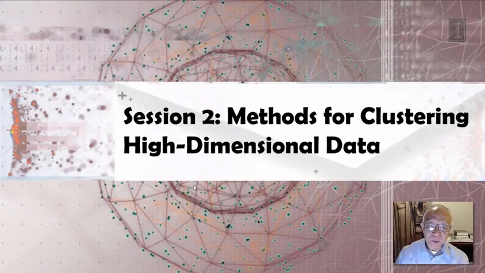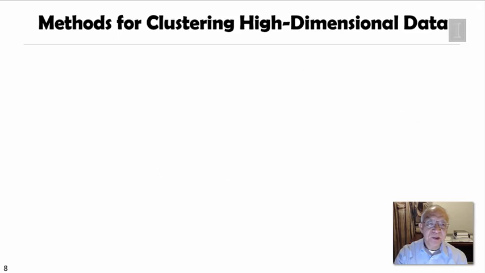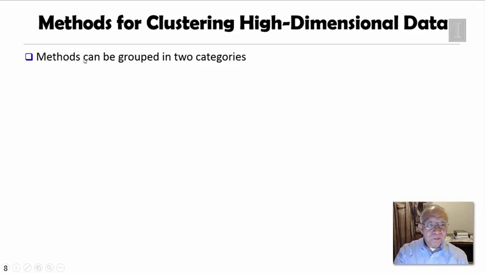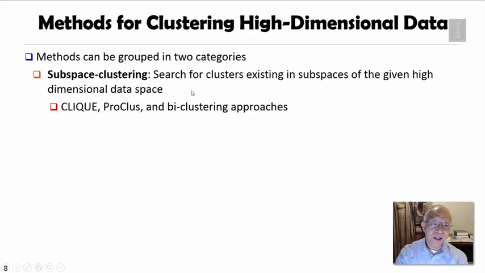In this session, we will briefly outline the methods for clustering high-dimensional data. The methods for clustering high-dimensional data can be grouped into two categories. One category is called subspace clustering. That means instead of finding clusters including all the high-dimensional space, we actually want to search for clusters only existing